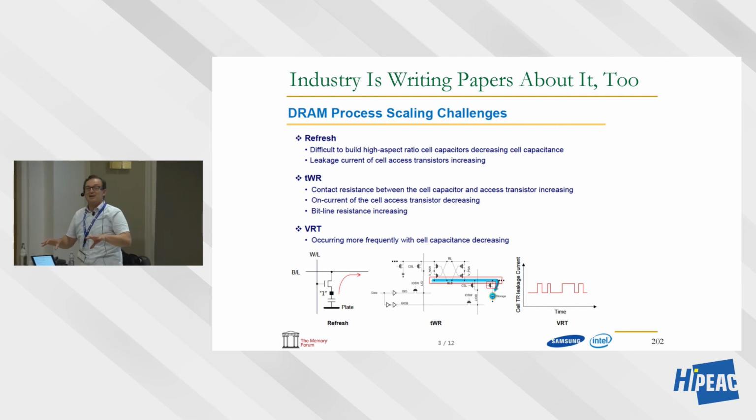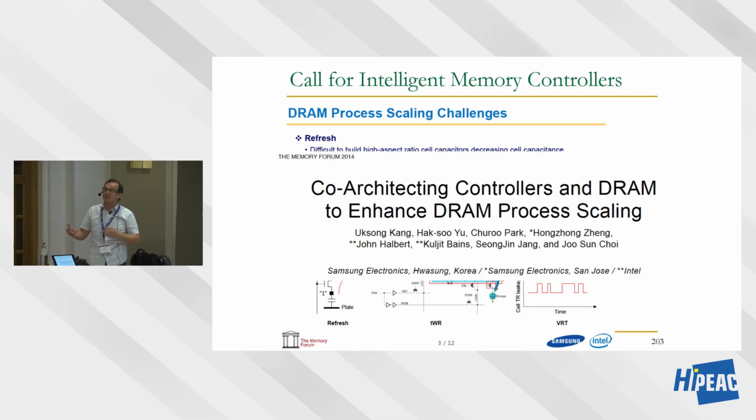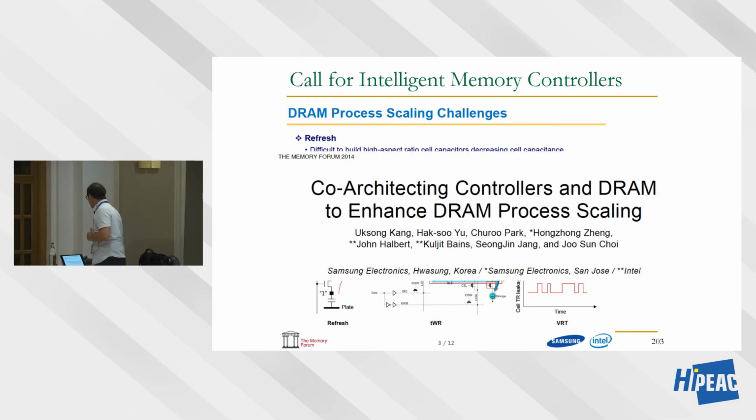But these people found that DRAM technology scaling is so difficult that we really need to write a paper about it. And in 2014, they wrote a paper where they basically said some of the things that we've been saying. Refresh is a problem, write latency is a problem, etc. So we really need to design intelligent memory controllers, design memory and the controllers together to overcome these problems. And this is going to be a theme that we will see in these lectures. We're going to cover the rest of the slides, some of them, tomorrow, and we're going to jump into memory-centric computing.